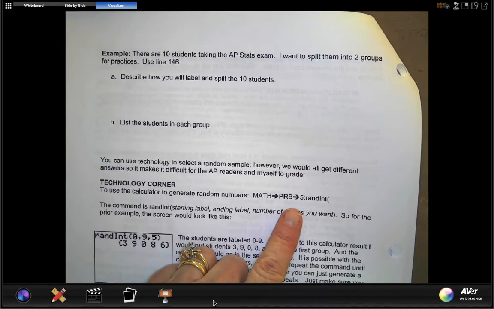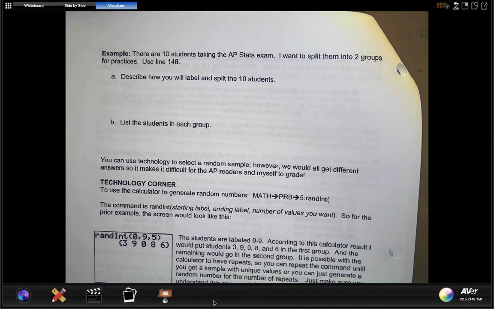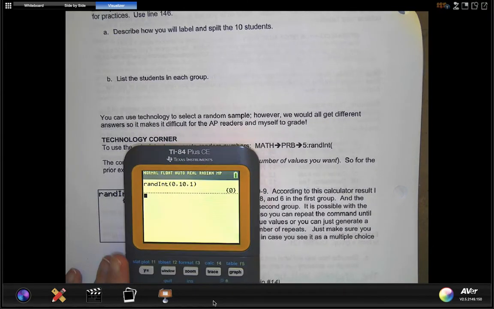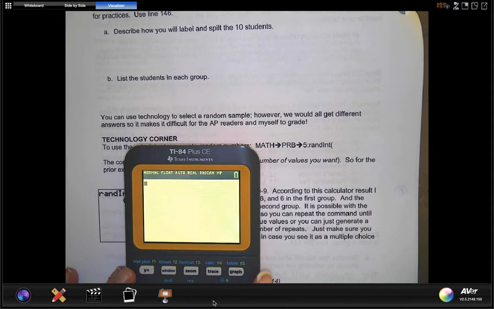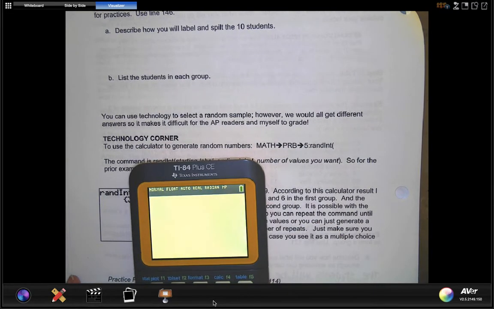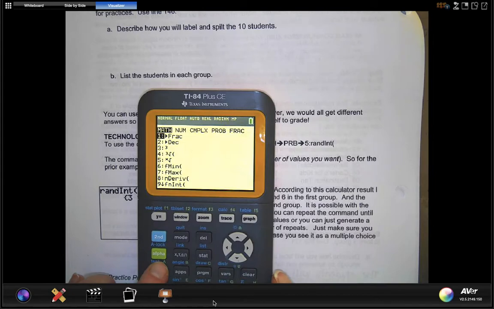All right, down here, on the older calculators, we just had RandInt, and that could give you repeats. So on the older calculators, you would go to the math button, which is below the alpha, over to PROB,